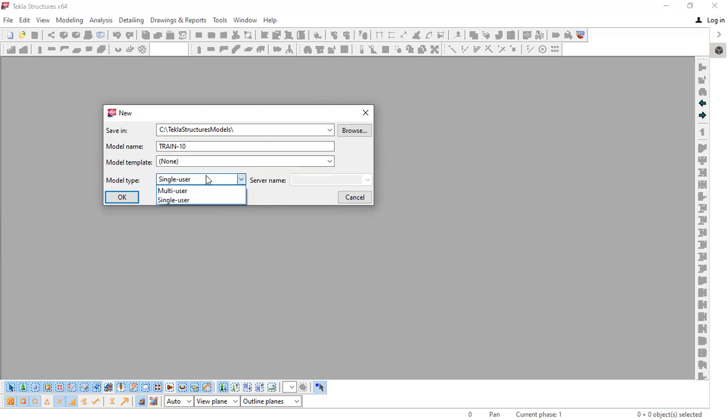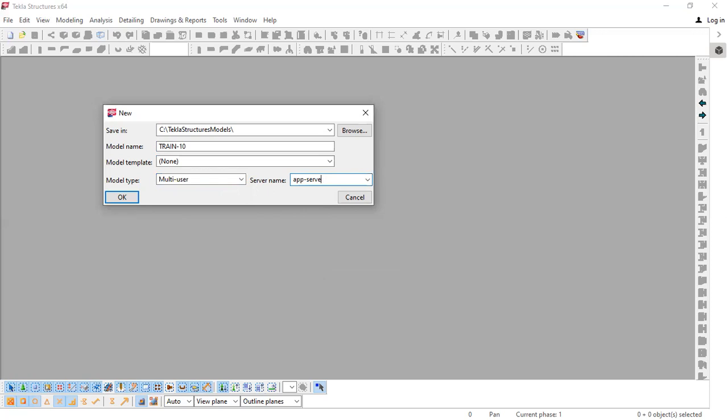Then we have model type. Now here we have the option for choosing single user or multi-user model. So now my single user is selected, so this dialog is inactive. What we have to do for multi-user is select multi-user mode, and then this is activated. See, you can add a server here, like the same thing which we did in changing the model to multi-user.